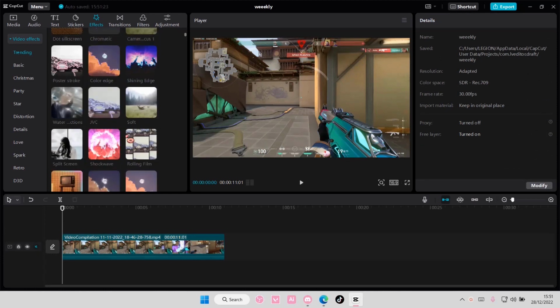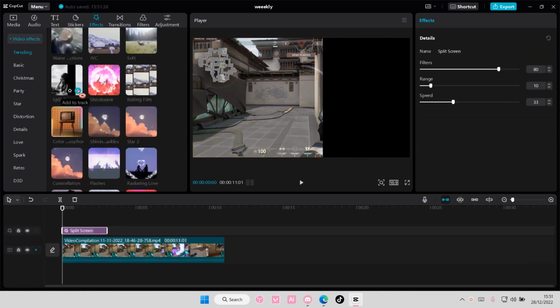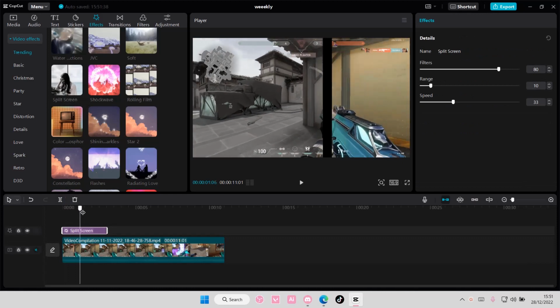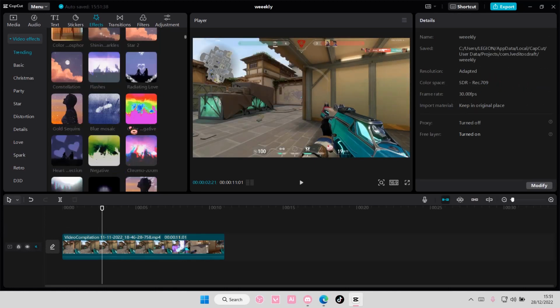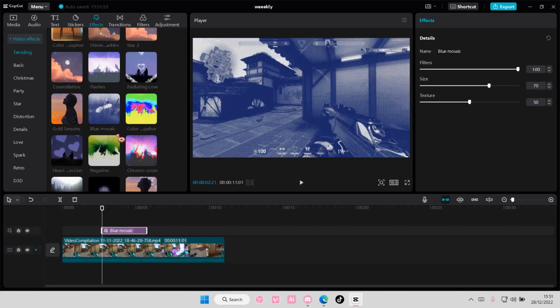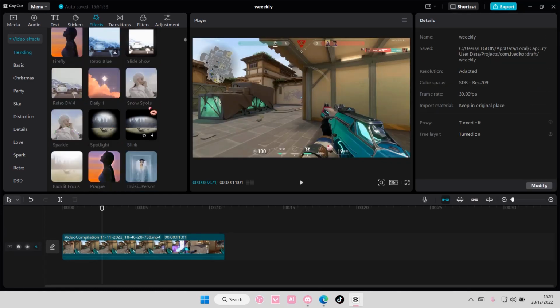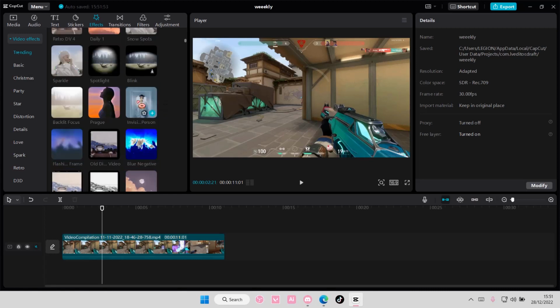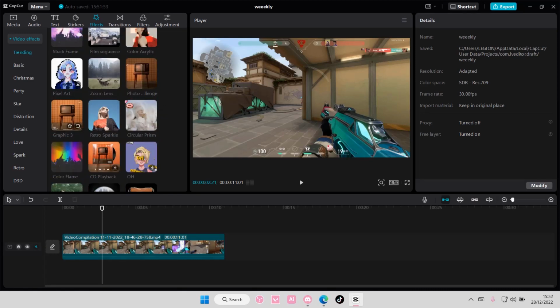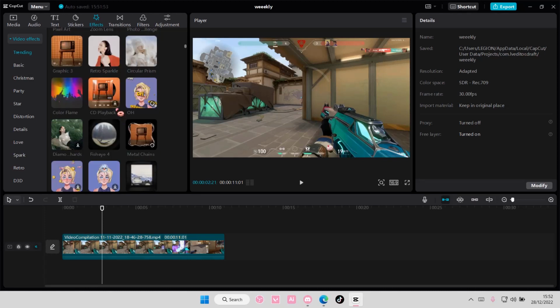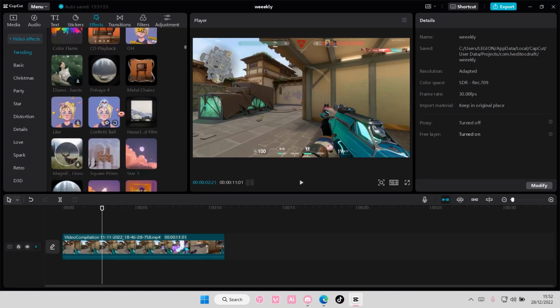There's also split screen one. You can also adjust the filters here and the speed of it. There's also this blue mosaic one, snow spots. There's a lot on the trending one, like this one, or the CD playback,